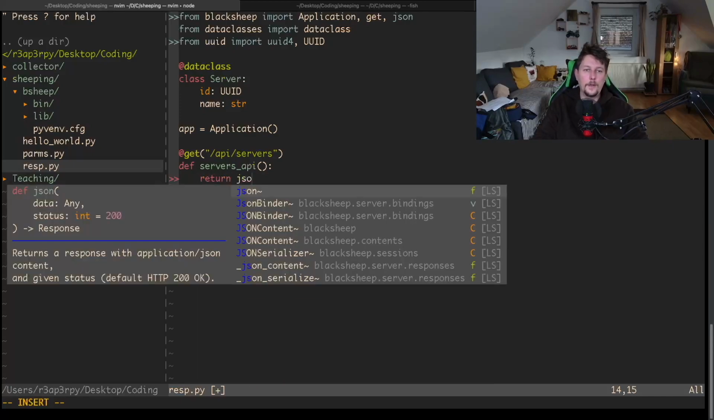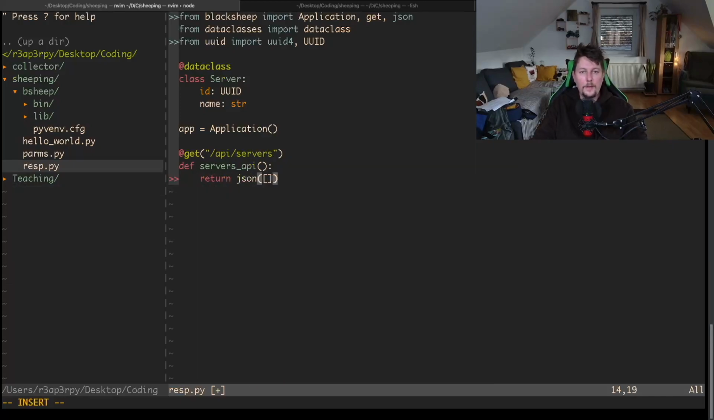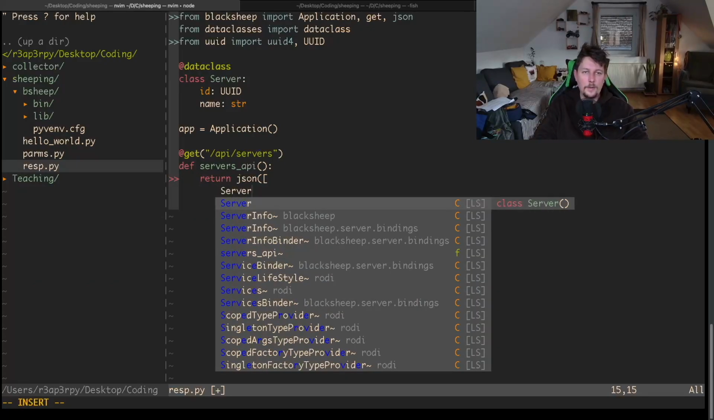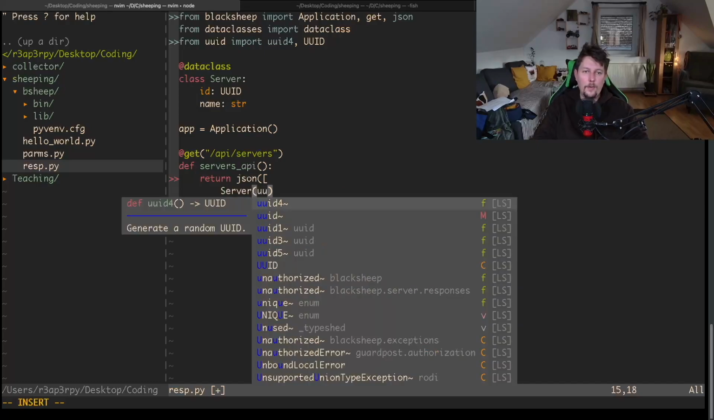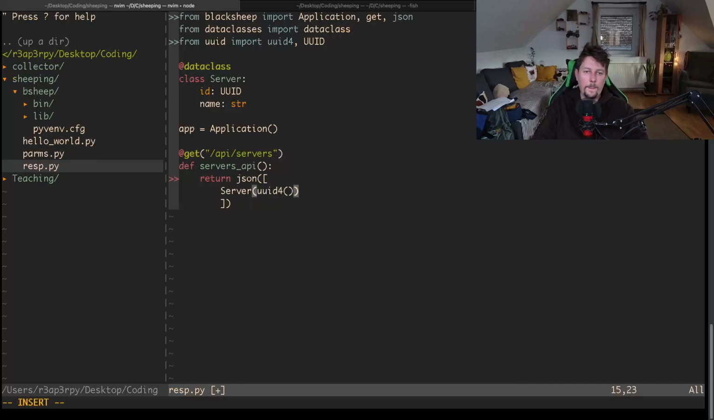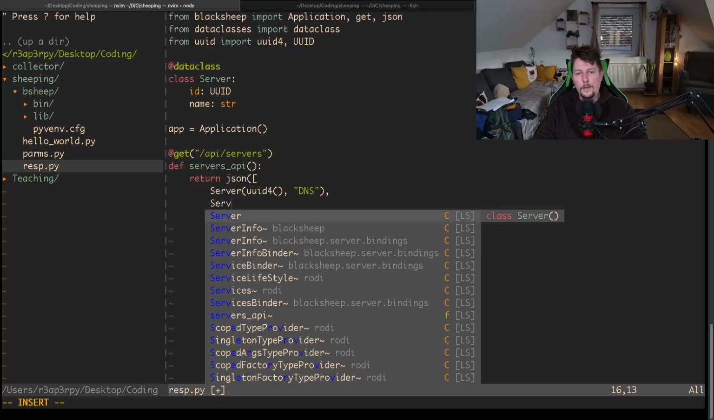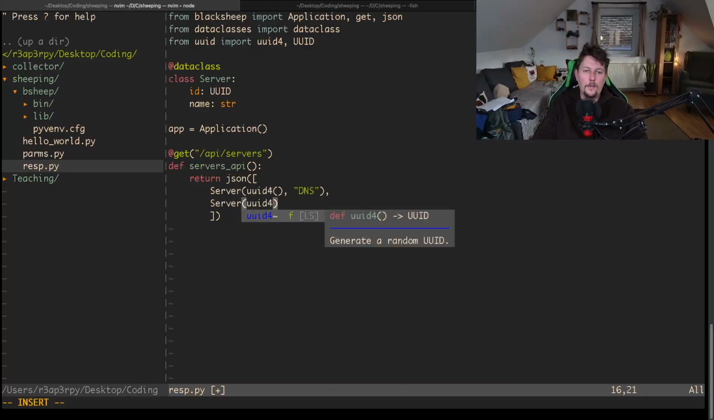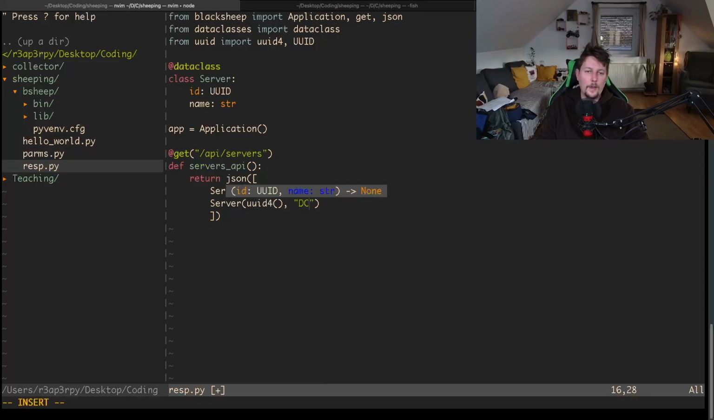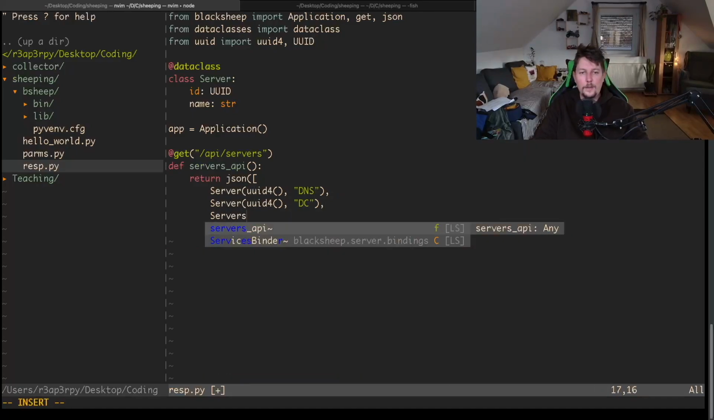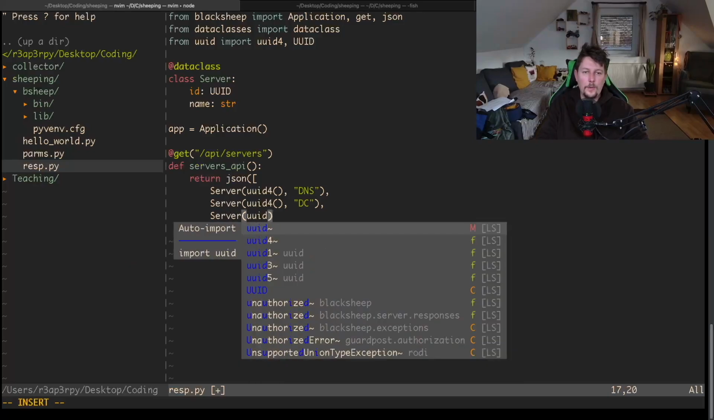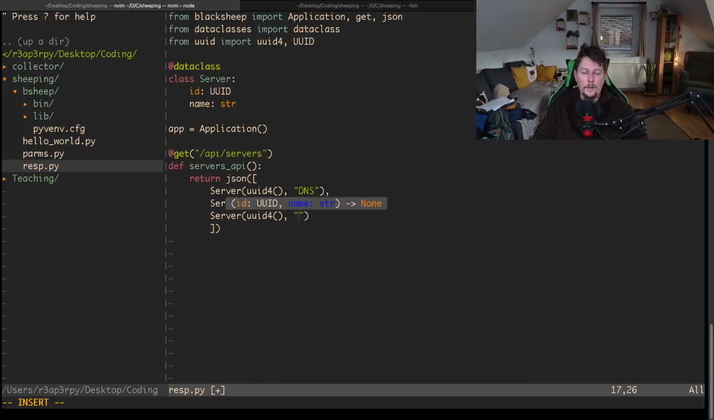So let's return a json, and this json is going to contain a list of servers where we have a uuid4, and we call this DNS, and another server with the uuid4 which is called domain controller, and another server which is uuid4, and it is going to be called application server. Alright,